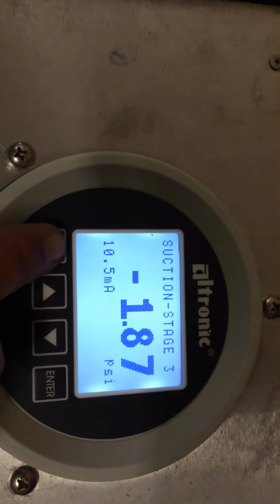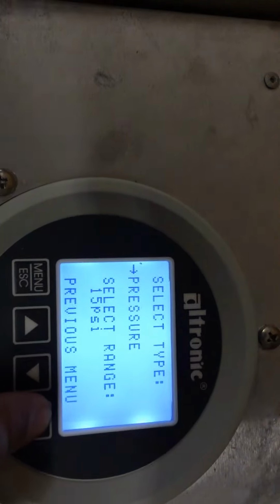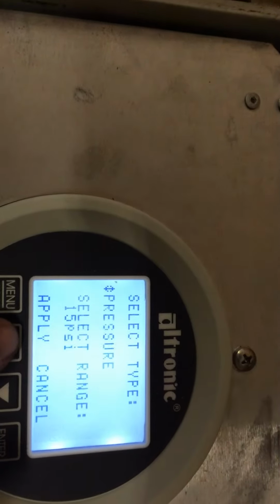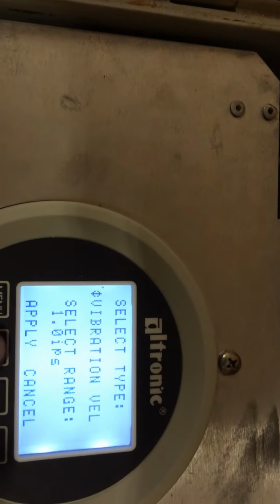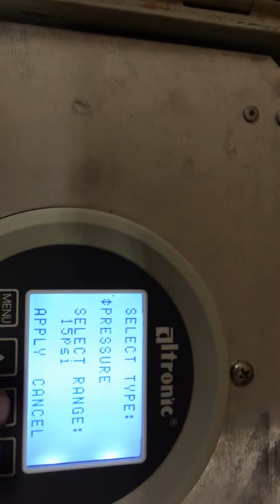First thing I want you to do is push menu and scroll down to configure. Push enter, and we're going to start with type. There are several options to choose from right here, but I want you to tell it pressure. You can just scroll through the menu, and once you find the one that says pressure, push